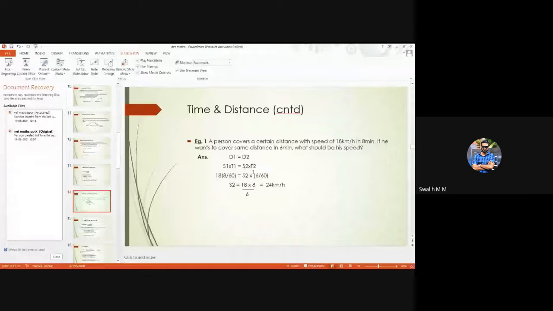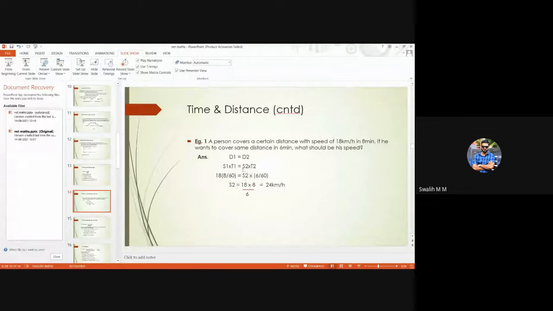These are the format of questions you generally get. Since D1 equals D2, we can write D1 as S1 into T1 and D2 as S2 into T2. That is, distance is speed into time. So we can equate two types of speed into time and find out the missing